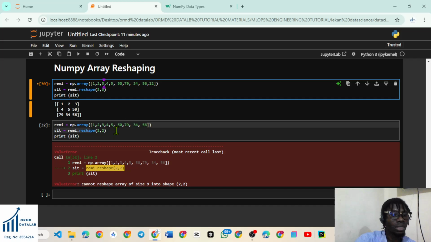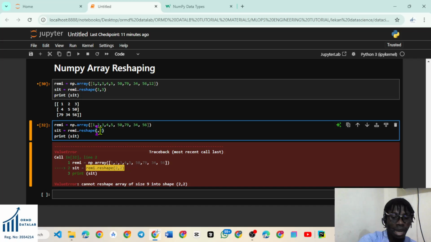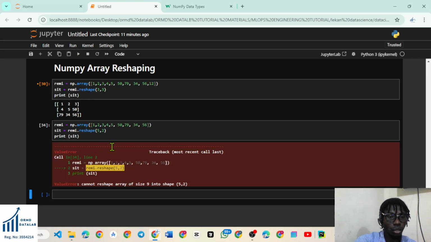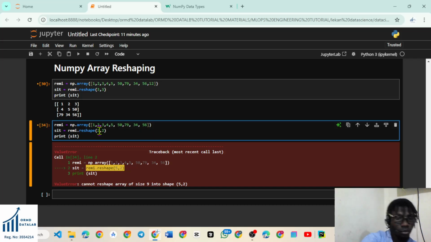1, 2, 3, 4, 5, 6, 7, 8, 9, 10. So they are 10, right? So that means you can now divide 2 by 10, which is what? 5. So you can now have 5 rows, 2 columns. So if you run this, let's do it as